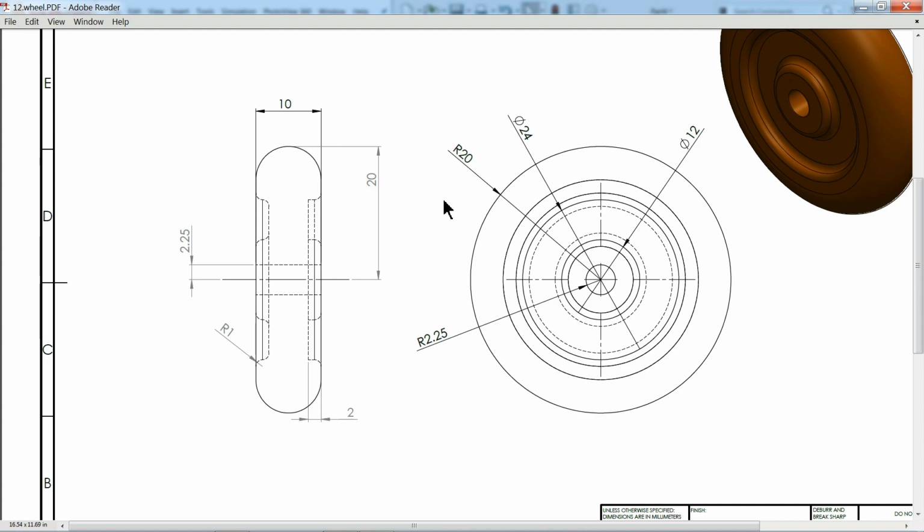Inside there are two radii, 12 mm and 24 mm. This is the depth, and the depth is 2 mm. So we will cut this, and these corner fillets are 1 millimeter, and here one hole, and the hole size is 2.25 millimeter.